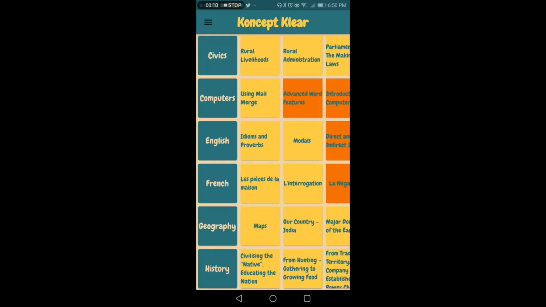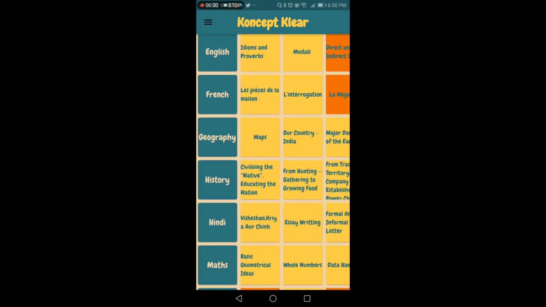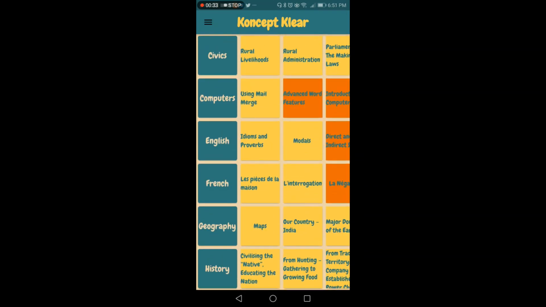okay, once you click register, you will see all these subjects and each of the chapters for that subject where you can register. So for some chapters you will see this color as orange, which means that somebody has already registered here, so you can't register, right? So you can try to register for those under yellow, and even you can register for orange also, but yellow are the ones where nobody has registered.